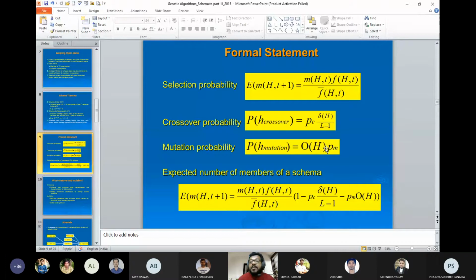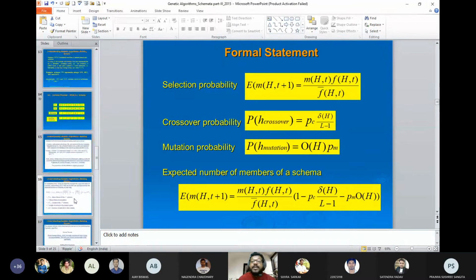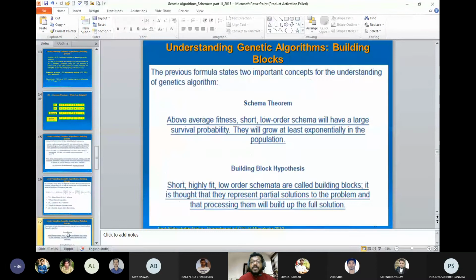And then similarly, we can calculate the selection probability. This is very simple. You see, E represents, if you remember basic statistics, the expectation, or the probability, or you can say the average. This is the basic formula, and sometimes it is known as the schemata theorem. It has been proved, but we are using the finding of that. We are not going to prove the schemata theorem. Sometimes the proof is asked, so we derive these things.